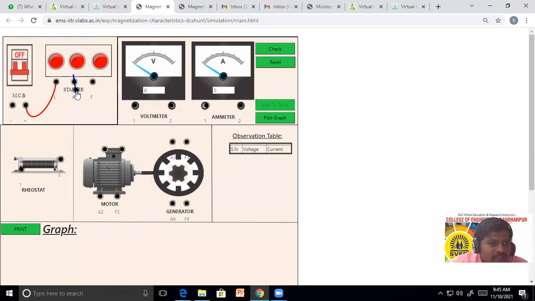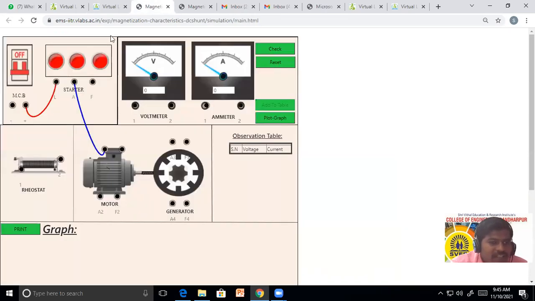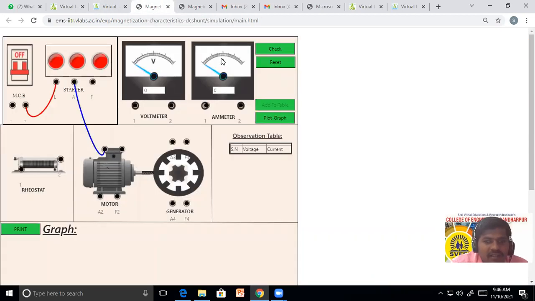The A terminal of the starter, the armature, can be connected to the A1 terminal of the motor. See here the connection, the A terminal can be connected to A1 terminal. Now it is a very simple connection. Now A2 terminal, here it is A2, then field terminal कुठं कनेक्ट करतोय आपण? So see, field त्याच्या अक्रॉस एक रिओस्टॅट कनेक्ट करतो. सी हियर आपण कनेक्शन कसं करतोय बघा. Connection diagram, I will draw the connection diagram.